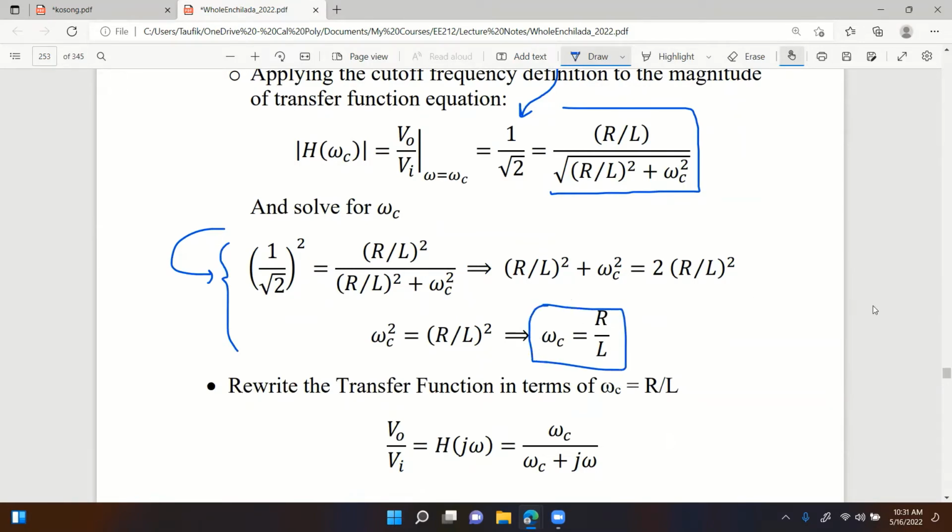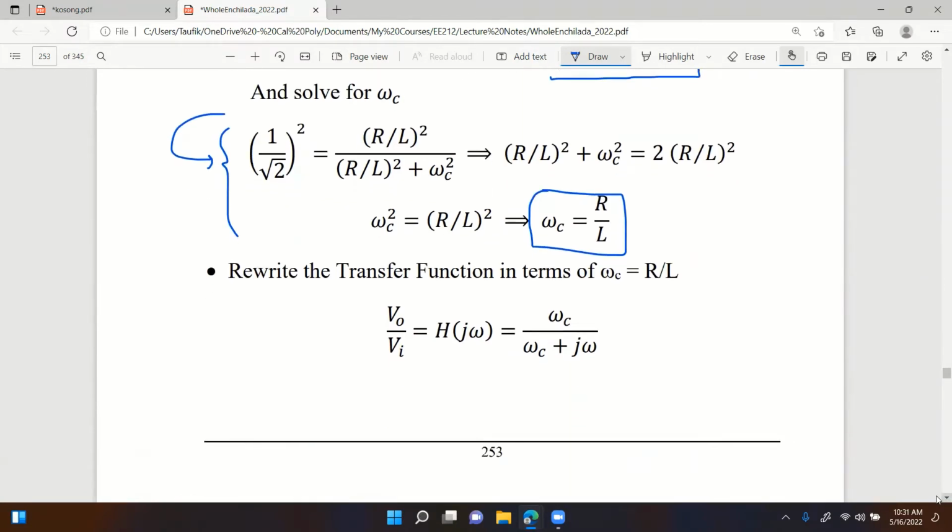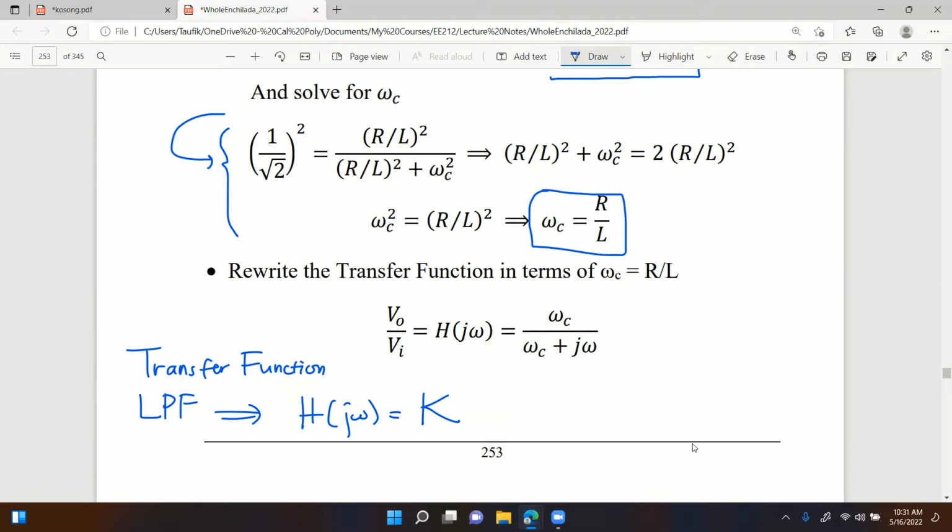R over L, right? So it turns out that for our series RL circuit as a low pass filter, the cutoff frequency is R over L, right? Now, in general, the transfer function for a low pass filter follows the following format. So if I write the transfer function for a low pass filter in general, it would follow this format